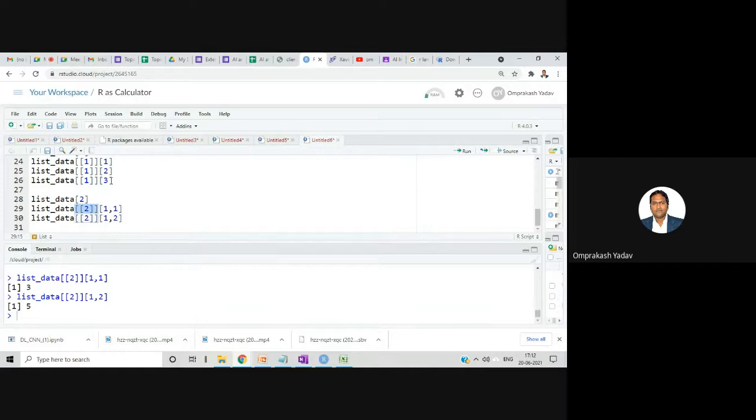Okay. Now the way we named in the matrices, right? Row names and column names. Here also, if you want to give the names to the matrices or with the help of names, if you want to access, that can also be done, right? So for example, let's say I'm having one matrix, one list. So I can say over here, give names to the, let's say, elements in the list.